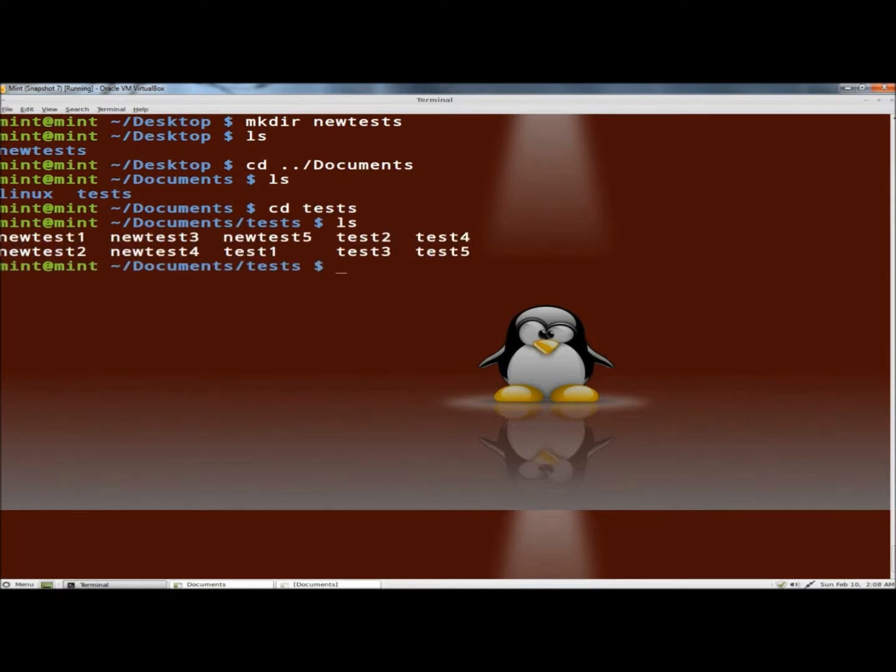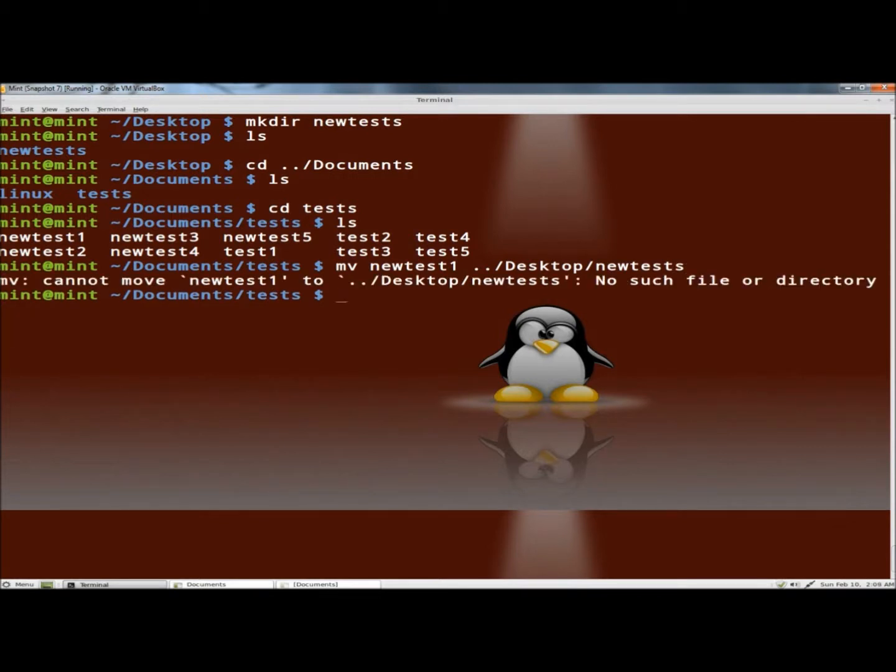and now I'm going to move all the new test files into the new test folder on the desktop. So I'm going to type mv new test1 and then the path to the folder on the desktop. So I'm going to type /desktop/new test, and I'm going to hit enter. Well, that didn't work. I didn't give the correct path to the directory,